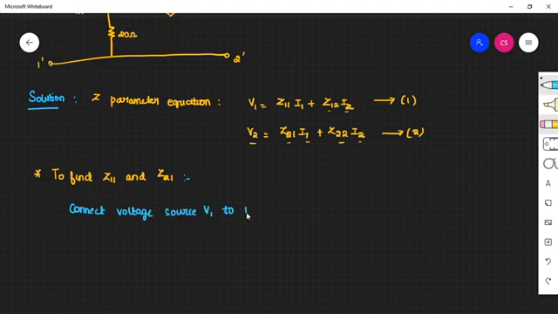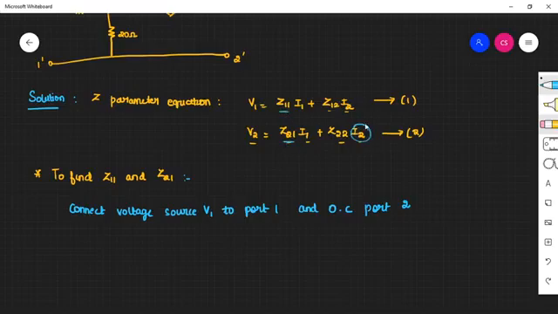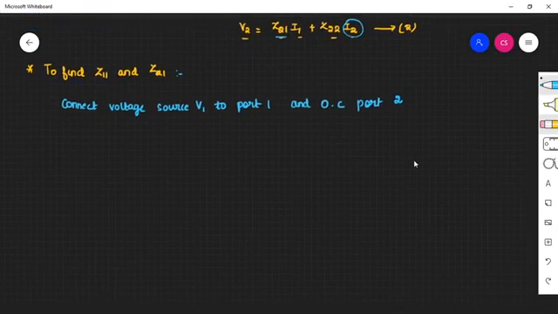V1 to port 1 and we will open circuit port 2. So this is the first condition because we need to find four parameters in total, namely Z11, Z12, Z21 and Z22. So to first find these two parameters Z11 and Z21, we need to open circuit port 2. So we will see how to redraw the circuit by connecting a voltage source to port 1 and open circuiting